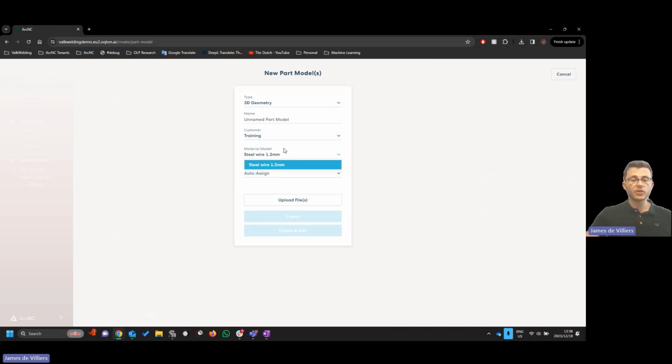Material model, again, I showed you earlier how you can set up different types of wire, different types of material that you're going to weld with. In this stage, we'll take steel wire 1.2 millimeters. Now, route model,